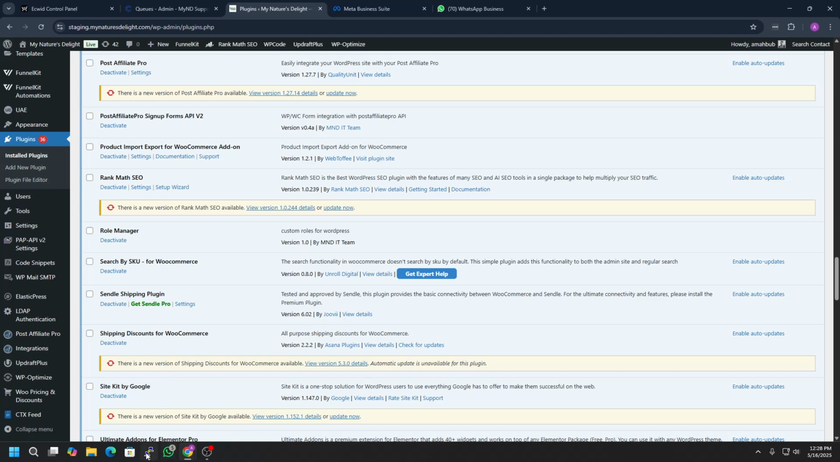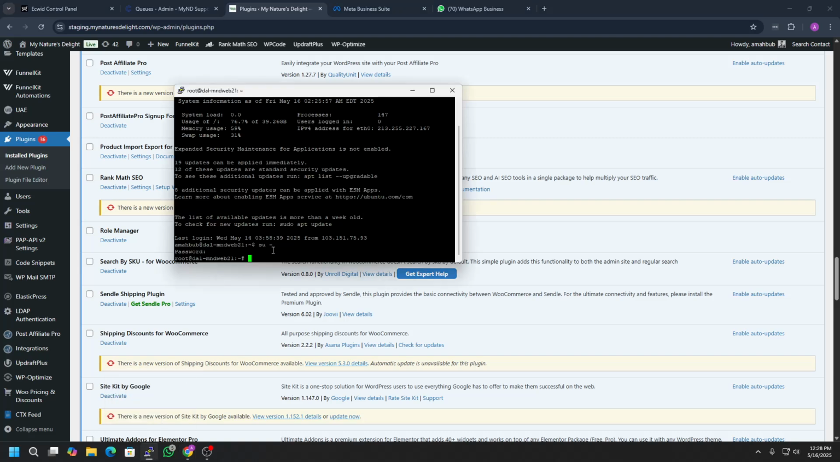Okay, this is our staging server, and I will go to its server side using PuTTY. You see it's our staging site, so I have logged in and I have become root for this server, and I will go to its root folder,